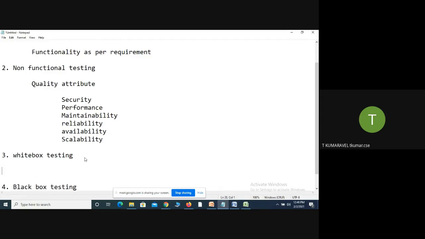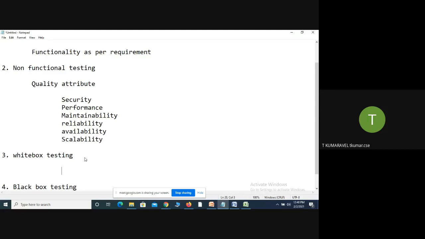Next one is white box testing. White box testing examines the internal structure of the application in detail. This method typically checks the flow of data, control, branching sequence, and requires knowledge of the algorithm and data structures used in the application. It is required in white box testing.